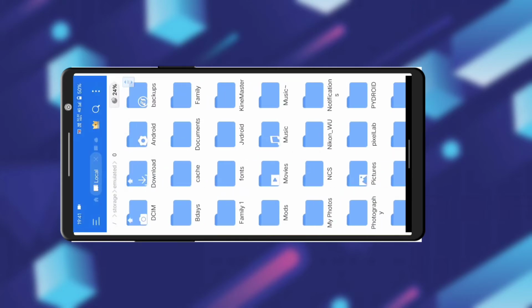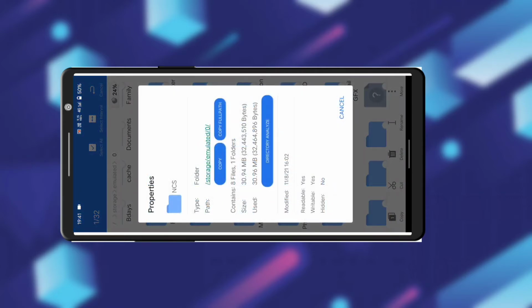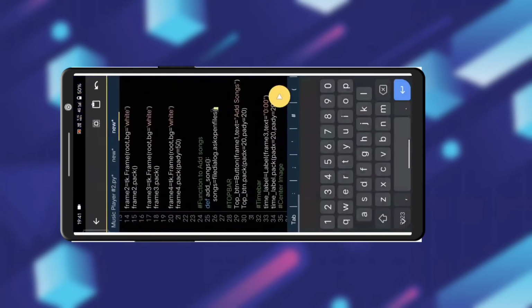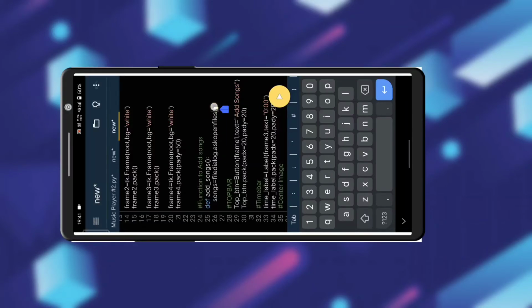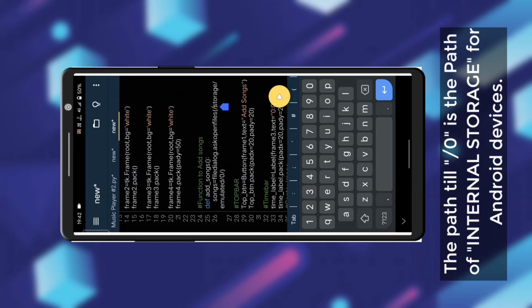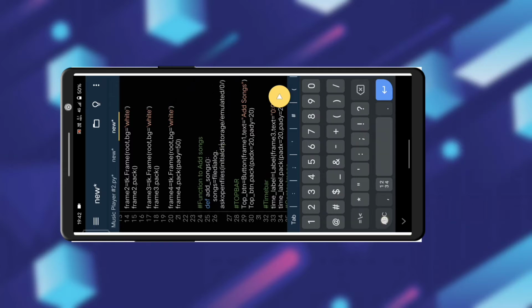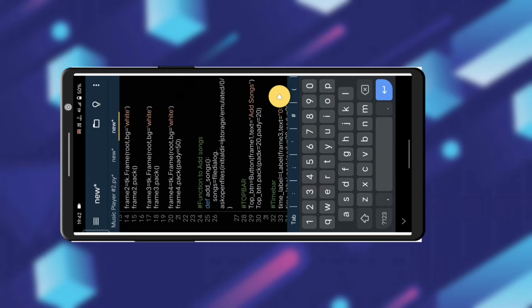So let me copy the path of the root directory. I am using ES File Explorer for it. When I say that I am copying the path of the directory, it means that when we click the button, this directory is going to be opened. So I have simply copied the path of the directory and pasted it here. And guys, we have to directly open the internal storage, which is going to show all the files present in it. So I am keeping it till 0, and now we have to add some quotation marks, which we do when we define a path.